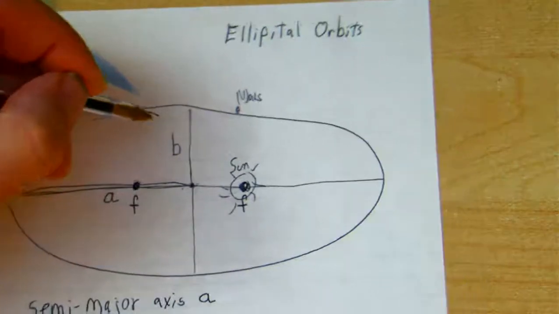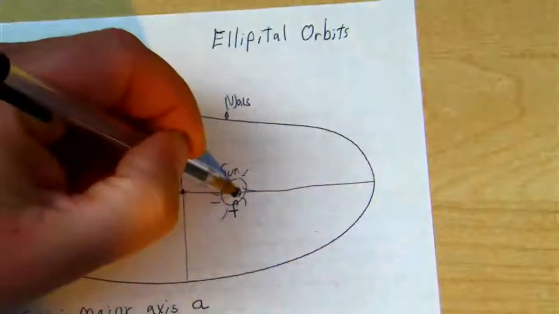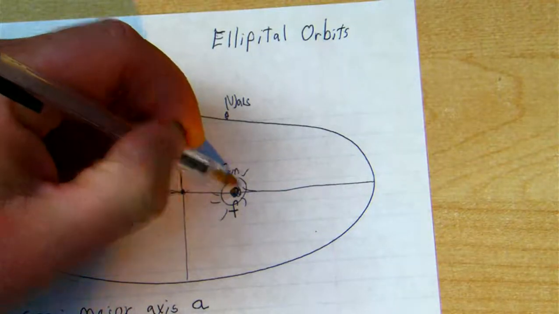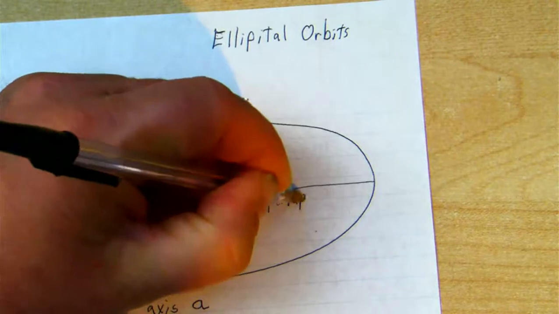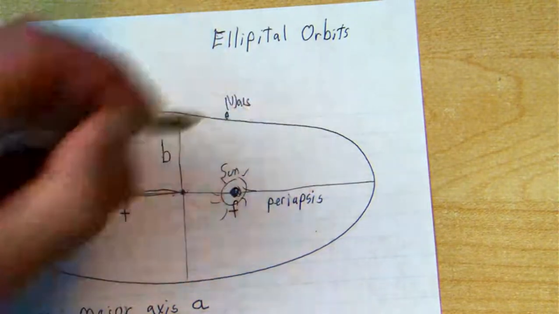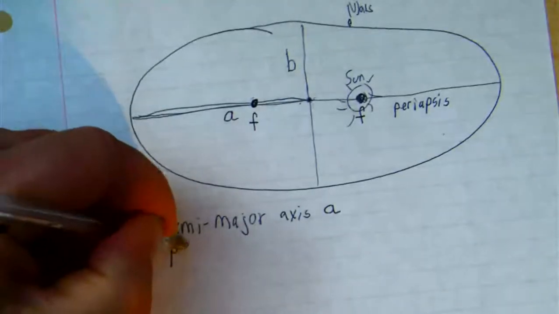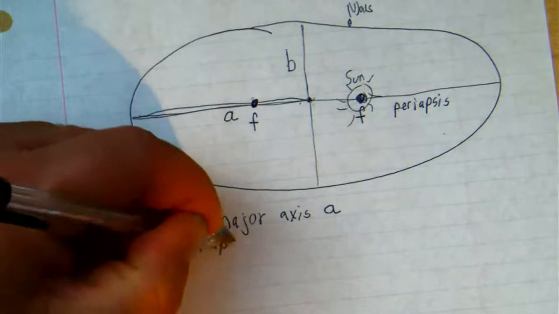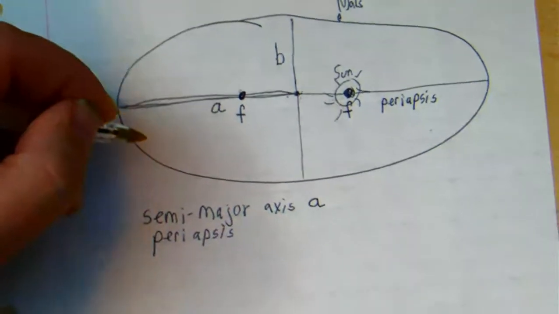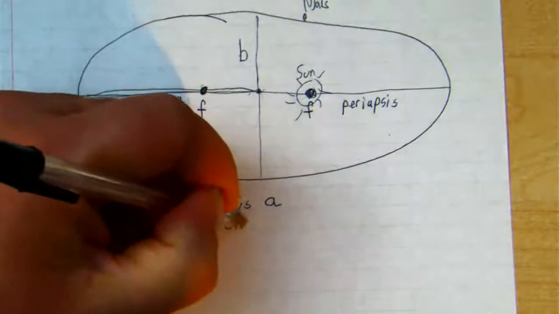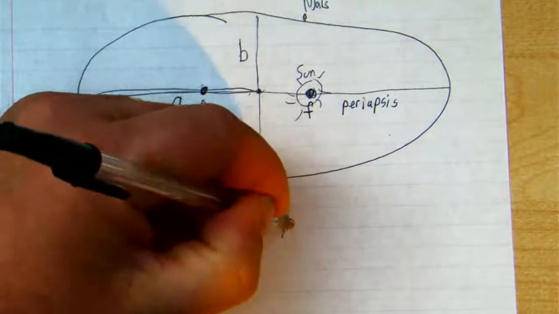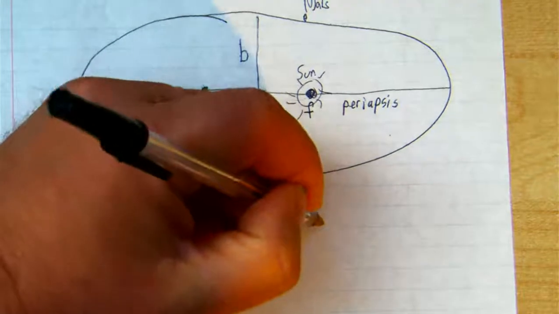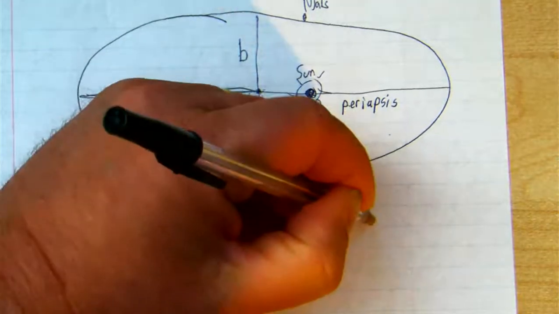In fact, there's a name for when you're closest to the central body, and that's called periapsis. Okay, so what is periapsis? Periapsis is like Greek words that means closest point in an orbit